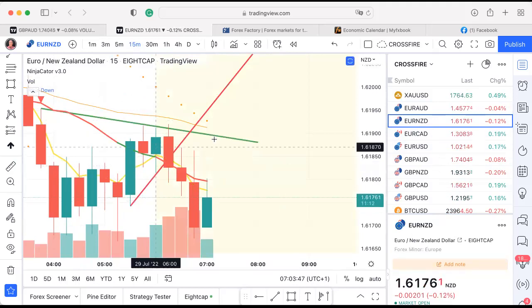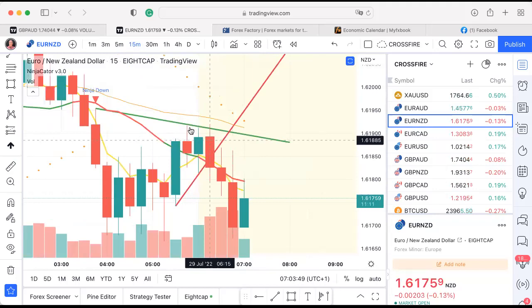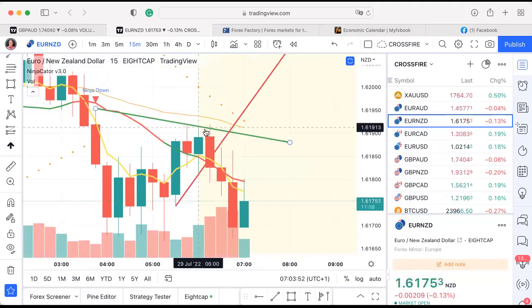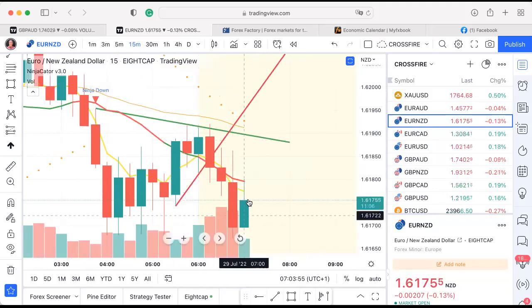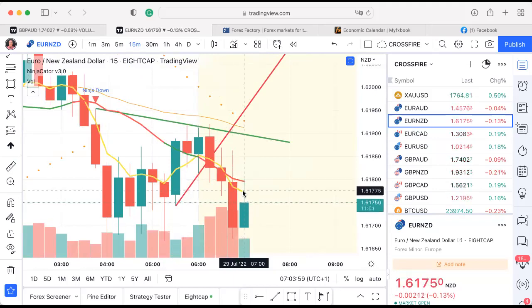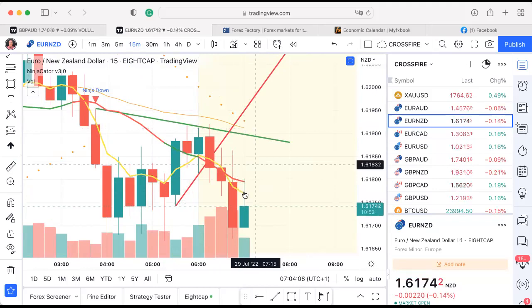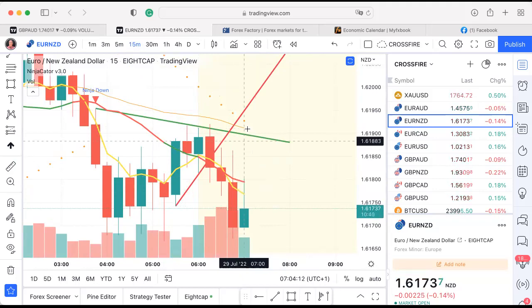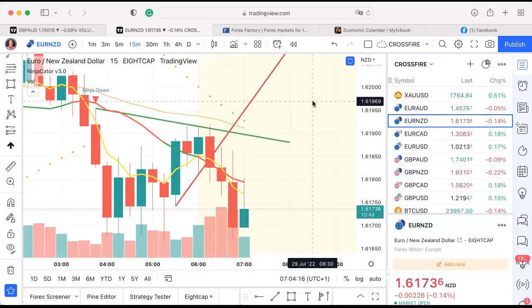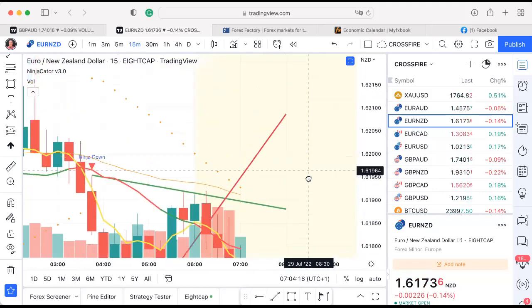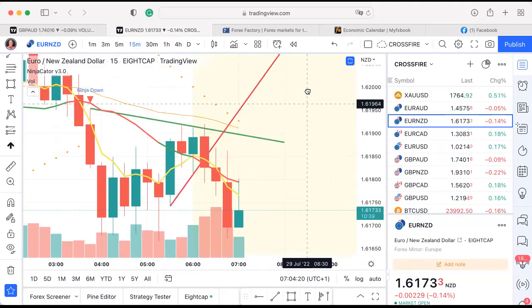So again, this is acting as a resistance zone. Price is starting to get back up again, but you've got 2 other points of resistance. You've got the 5 moving average, a 13 moving average. You've then got a 50 moving average slightly above that. So there's not a lot going on here. Even if it breaks through the green line, there's a resistance point, then there's another resistance point. So that's not looking particularly attractive, and there's nothing above that right now.